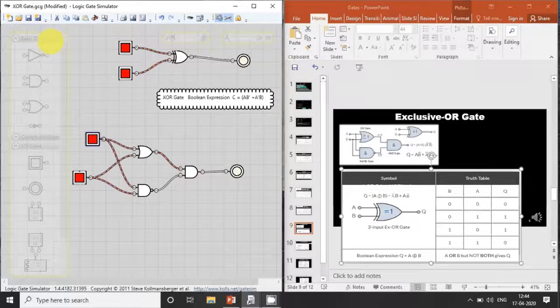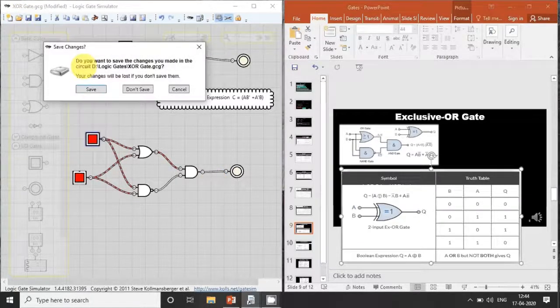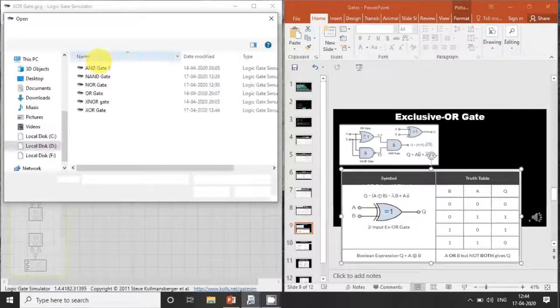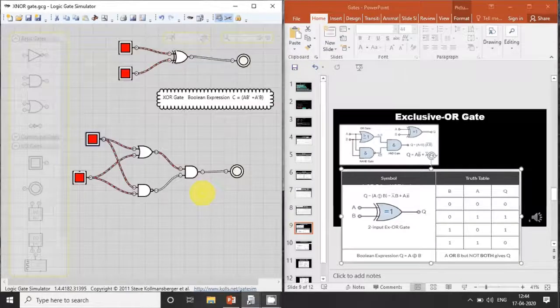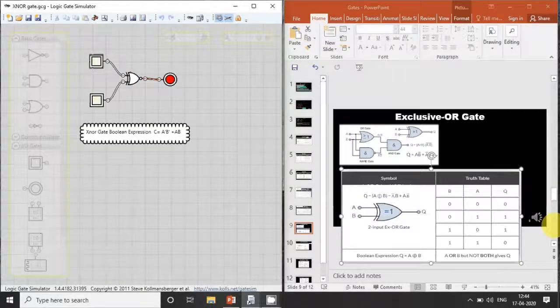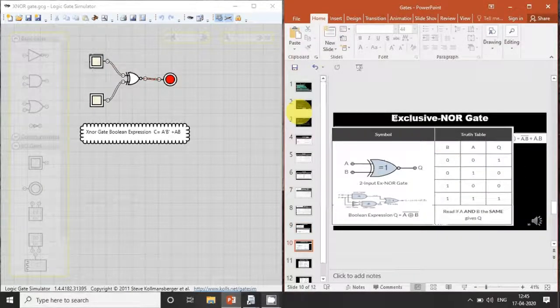Now let us check one more gate, the XNOR gate. According to the XNOR gate, the output is high when both inputs are the same, otherwise it is 0. When both inputs are 0 0, output is 1. When either of the inputs is high, output is 0. When both the inputs are high, output is 1. This is the basics of the XNOR gate.